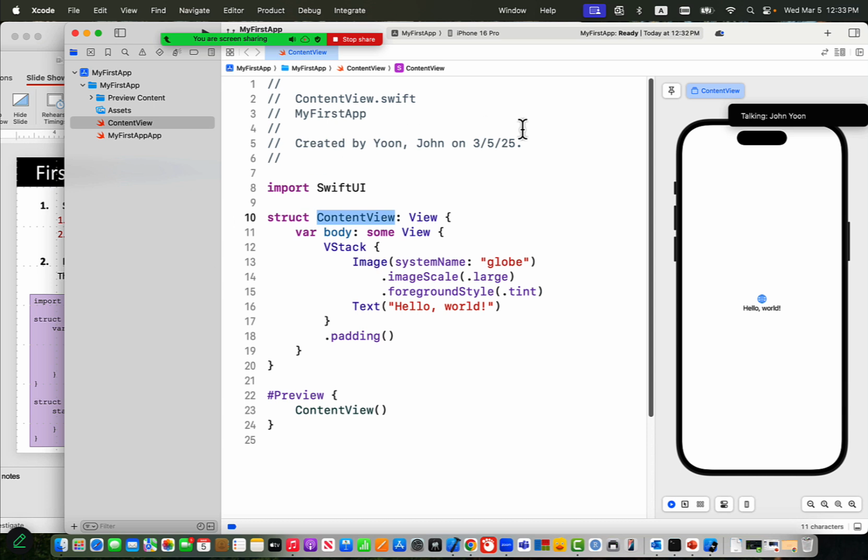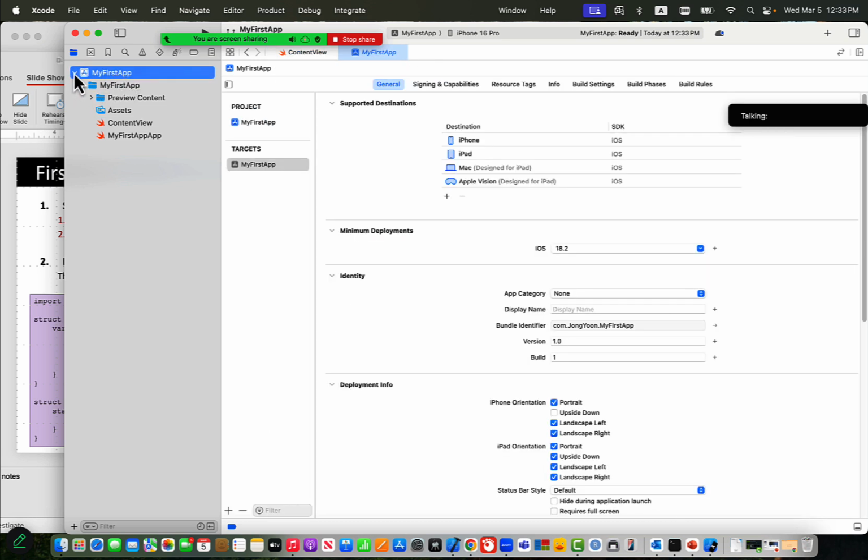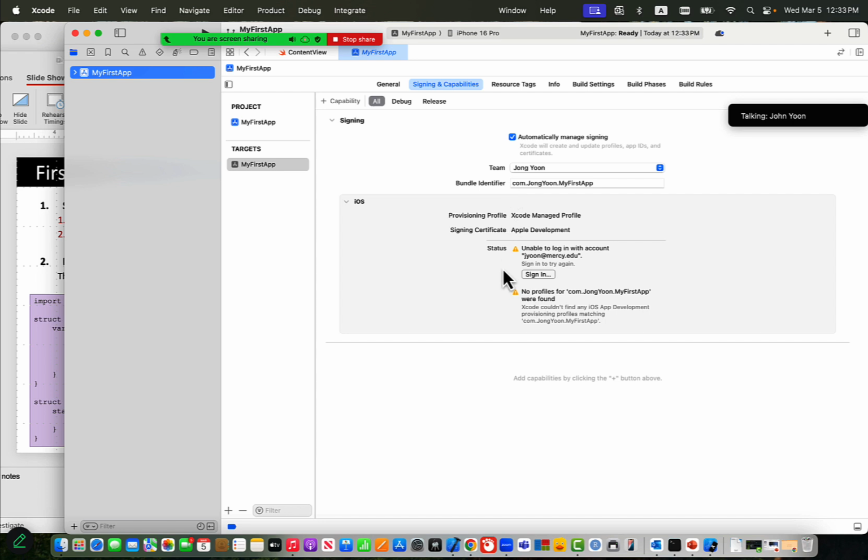By the way, if you see these screens, then on the left side, this is a navigation pane. Then on top, there's my first app. This is my first app. Then you can see here general information about you. My OS is 18.2. And then signing and capabilities. Then you need to register you. And then the bundle identifier is starting from